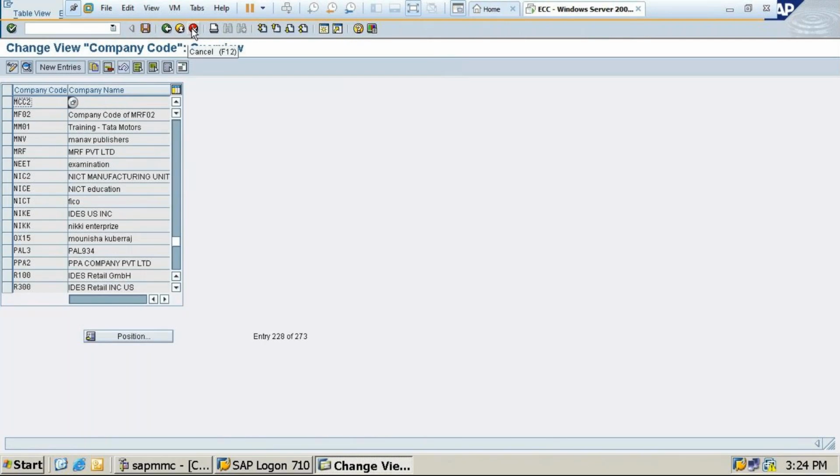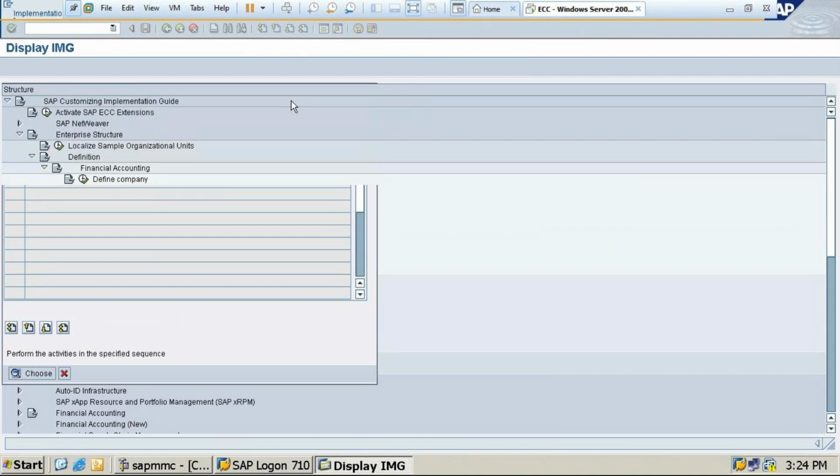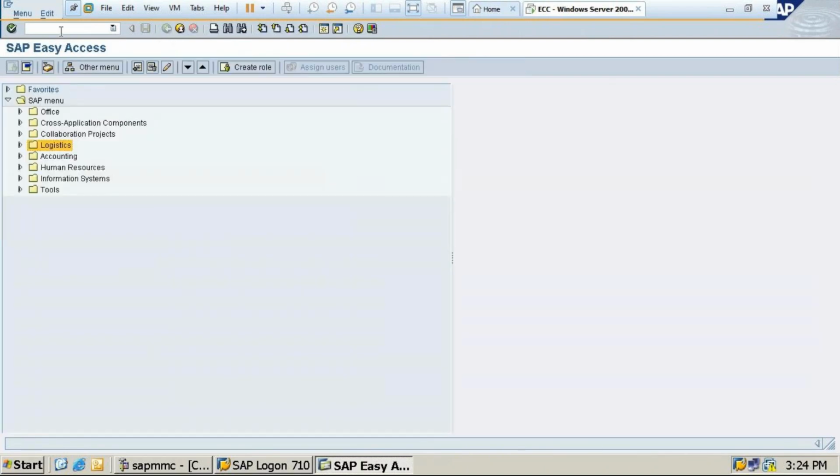So once again, I'll show this, it is important. First, you'll go for SPRO. Once you are done with the path, if you are practiced with the path, then later you can go with the T code. So the T code of this is OX02. OX02 is the T code for company code to company.